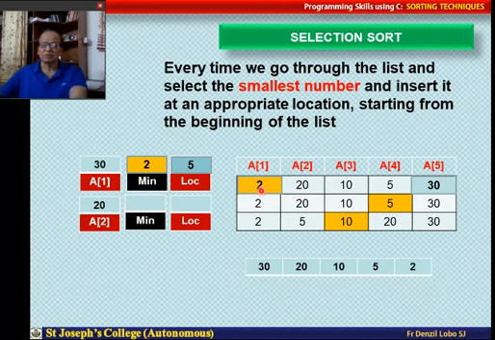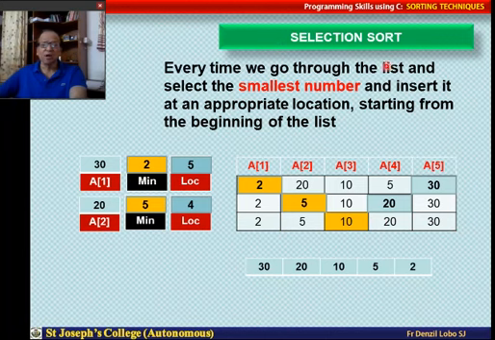In the second case now, as you see here, minimum number is 5. It is at location 4. Now what do I do? So I have found out the minimum number. Then at the second position there is 20. I copy 20 here and copy that minimum number at the second location. Similarly, I do it with the third number, and automatically in this case everything is in ascending order. In other words, within 2 moves I have arranged this list in the ascending order.